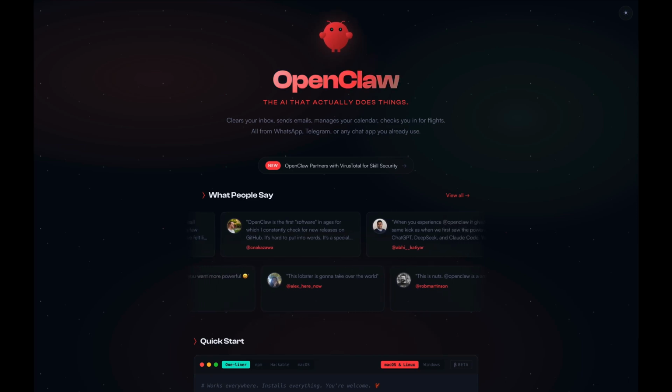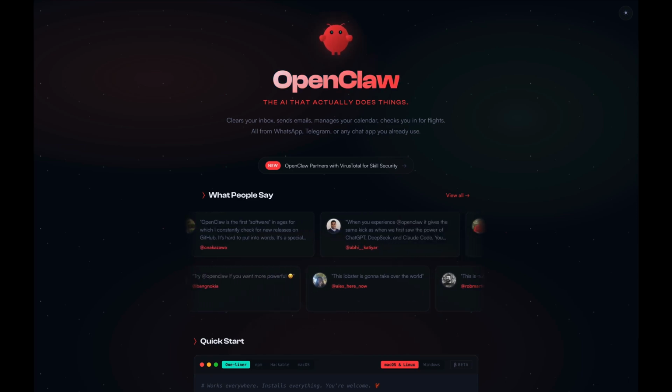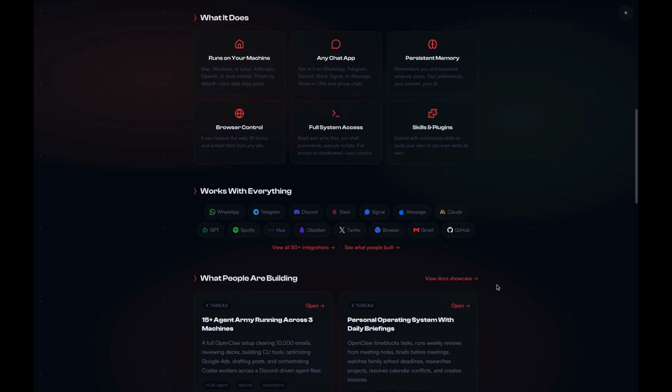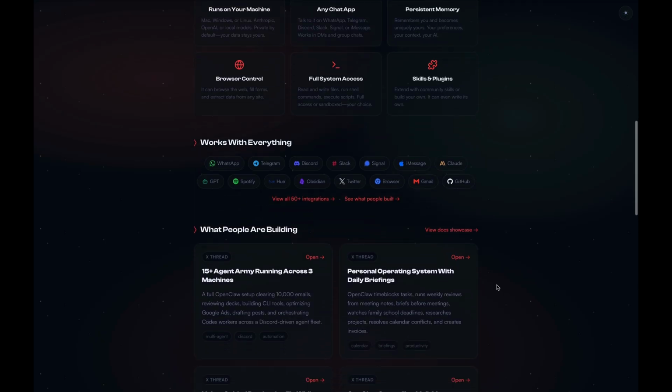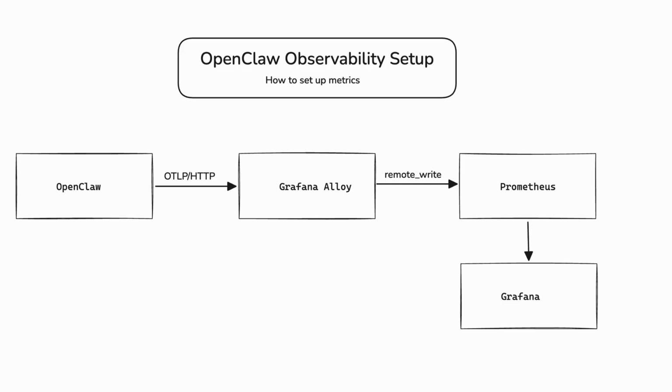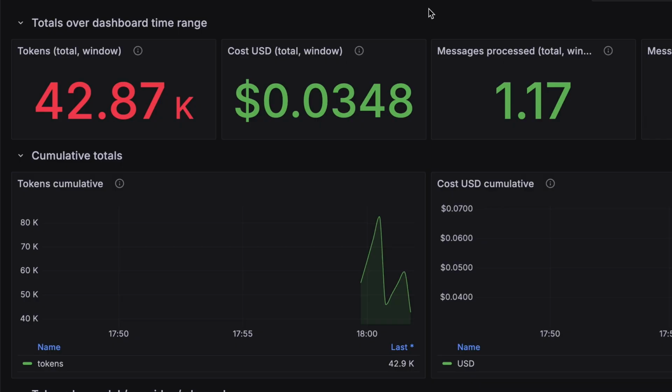If you run Openclaw, you are probably worried about how to keep an eye on what is going on. What is it doing? How many tokens are being used? What do they cost? And where is that cost going to? This video teaches you how to use Alloy, Prometheus and Grafana to have Openclaw push metrics and give you the